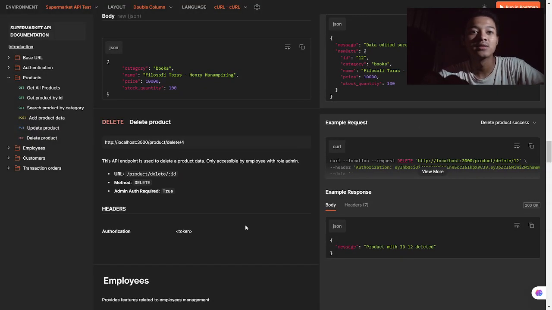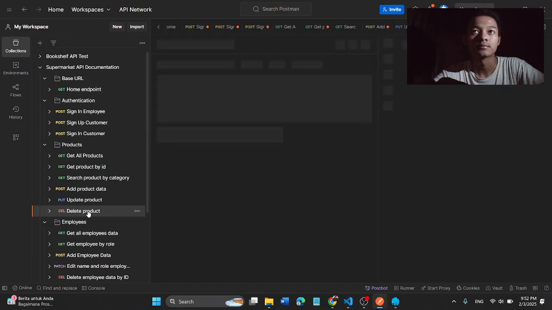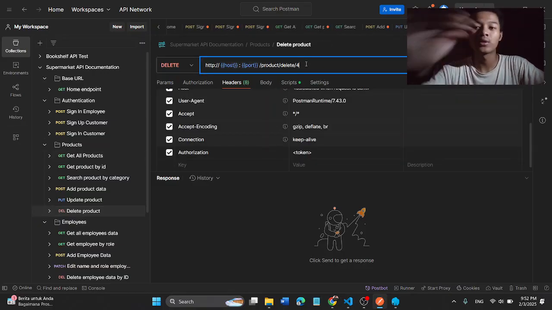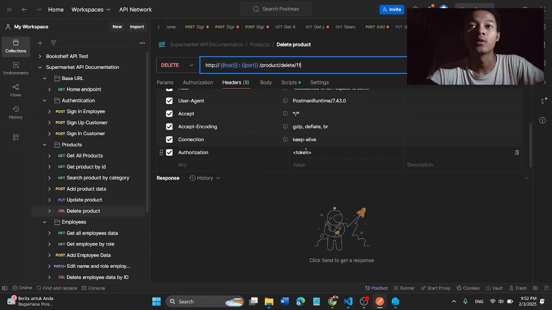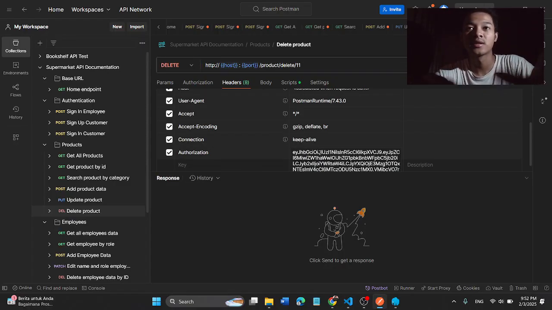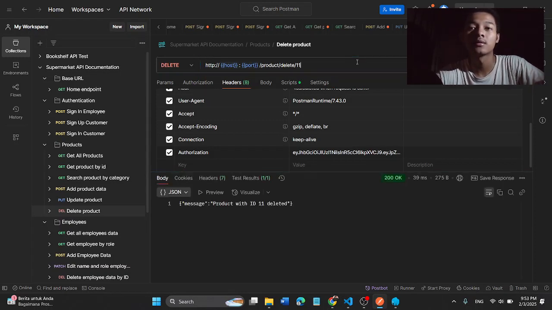Okay, let's go further into Postman. So I will delete the product with ID 11, and we need to fill the authorization header here with the JSON Web Token and try to send.